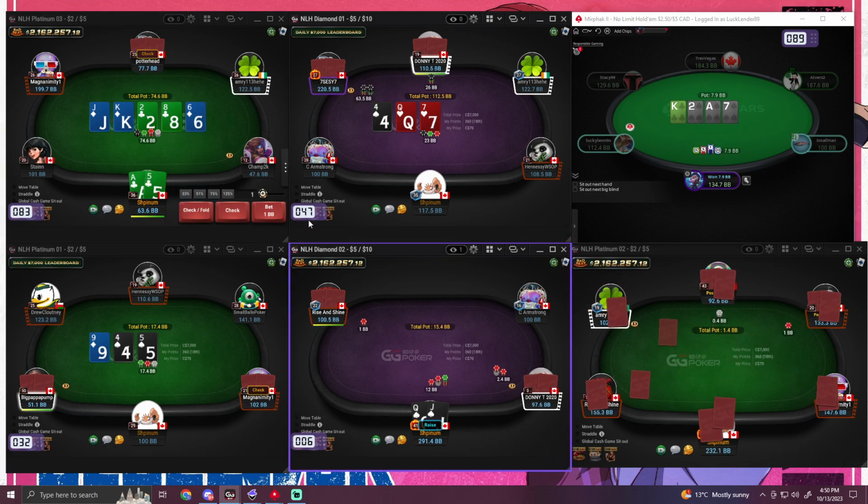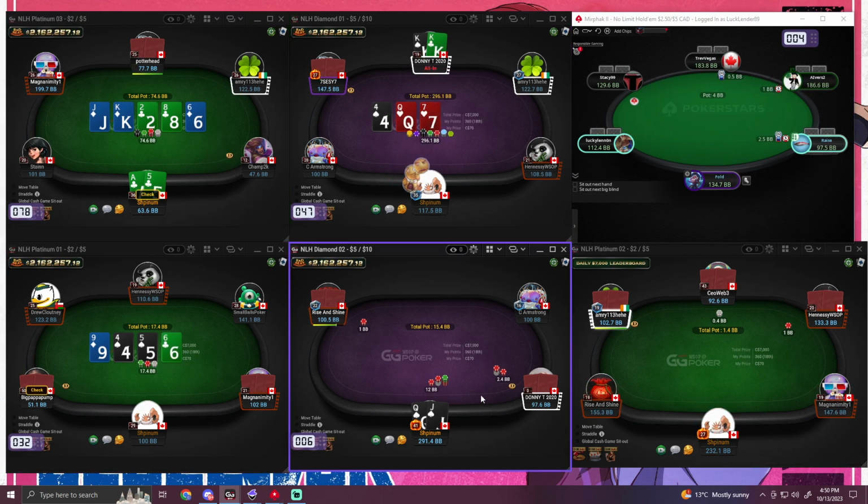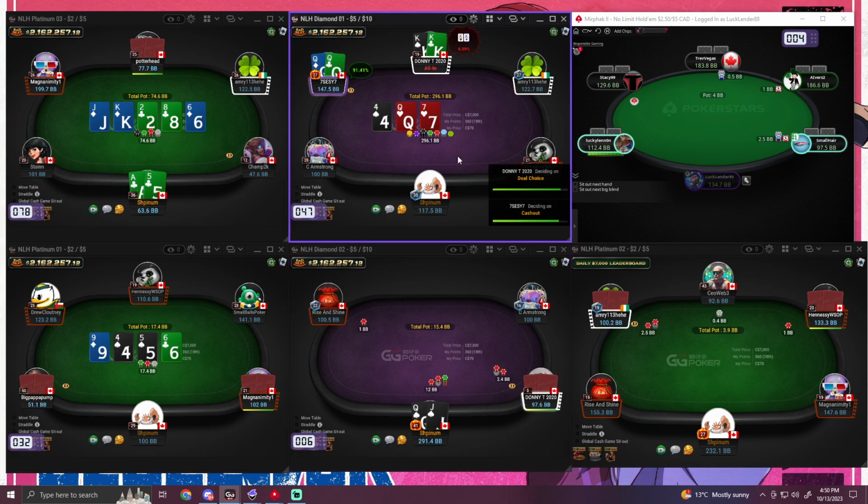In position, you're always going to have a betting range. He checks back. On this river, it's an okay bluff, but I think I'm just going to check and give it up. I kind of wish I shoved turn. If he checks back queens here, I might be...